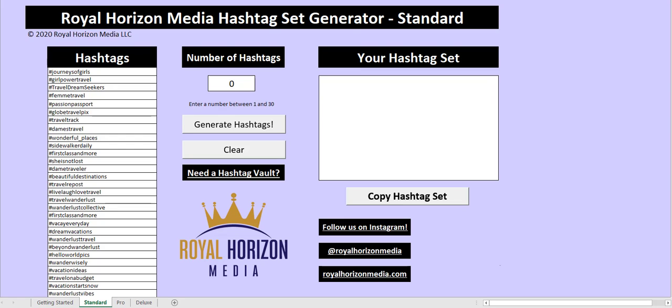What you see on your screen now is our standard generator, which is our base model. We have two other models, which are Pro and Deluxe, and we'll get into those a bit later.